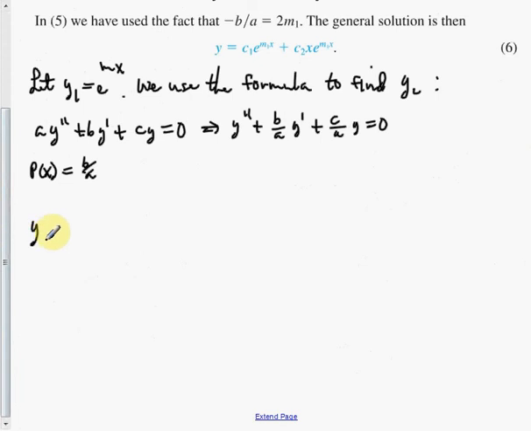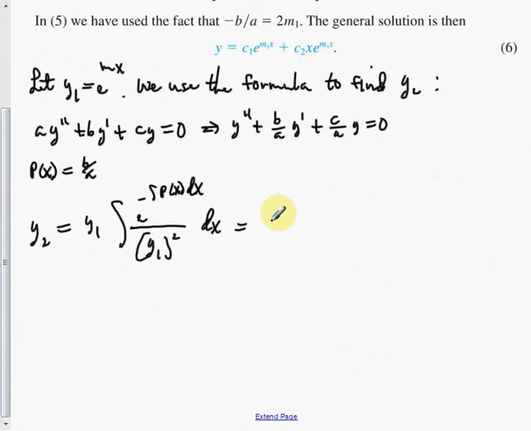So the formula says that y sub 2 is equal to y sub 1, just write the formula, times the integral of e to the negative integral of p of x dx divided by y sub 1 squared dx. So our y sub 1 is e to the mx times the integral of e to the negative integral,